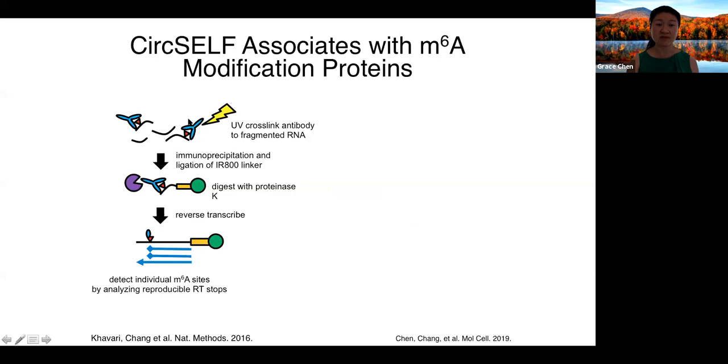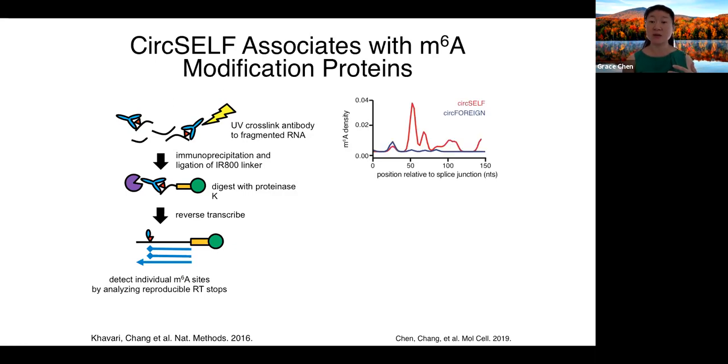So there's an antibody that recognizes the M6A modification, represented by the triangle. And after the antibody binds the modification, we can cross-link it, and then digest the majority of the antibody with proteinase K. This leaves a tiny scar of the antibody attached to the modification, which is large enough to block the reverse transcription polymerase from transcribing through it, which means this way we can get nucleotide level resolution of exactly where the M6A modification resides.